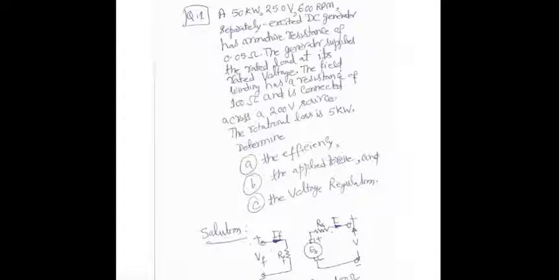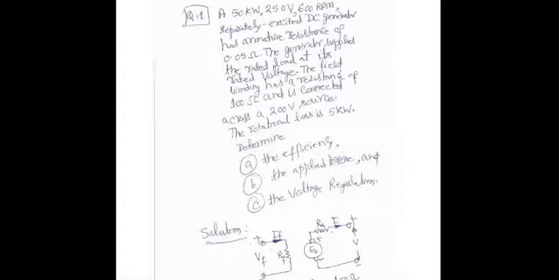Now, for the armature side, we are showing the back EMF in the circle. I'm calling it EB. Then armature resistance, which is also given as 0.05 ohm. And after that, the terminal voltage, which I'm calling V. In many books and documents, you'll see they call it VL or VT. And load current, I am designating as I, not IL or IT. Now, the first question is efficiency. So you need to figure out output power and input power.